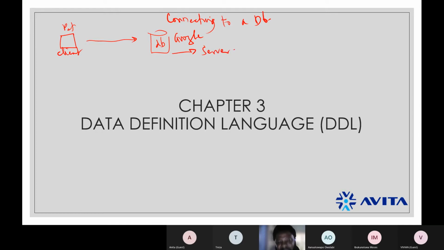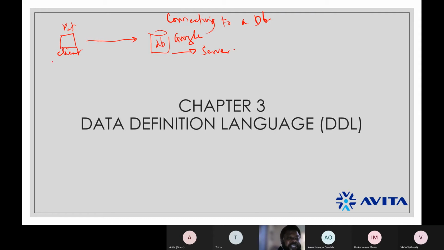I'm sure you've heard the word server before. A server is a machine, a computer, that stores information and can give information out at request. And a client system is a machine that makes a request from a server.